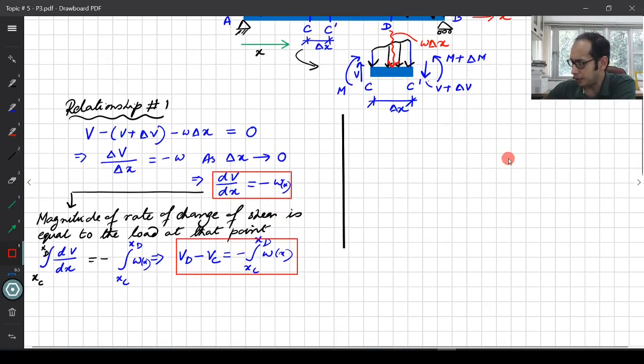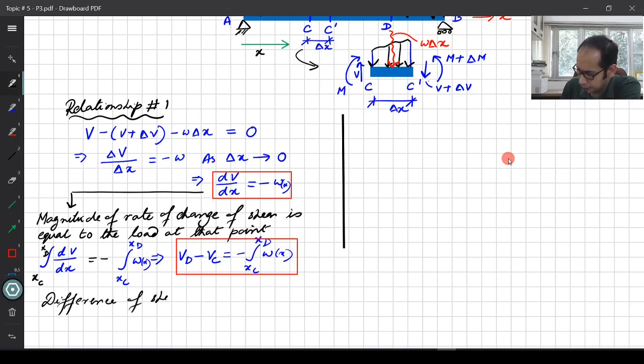What we get from this is that the difference of shear between 2 points is equal to negative